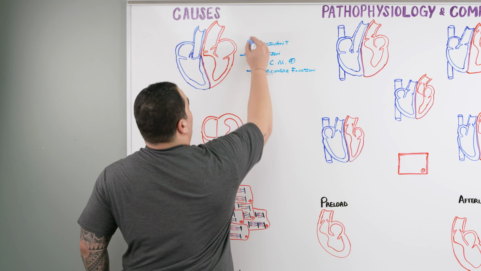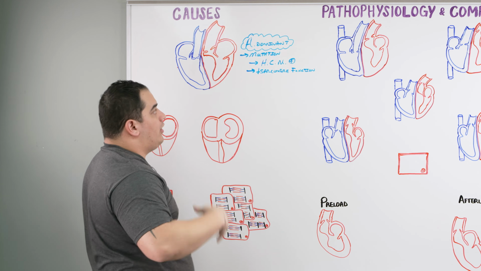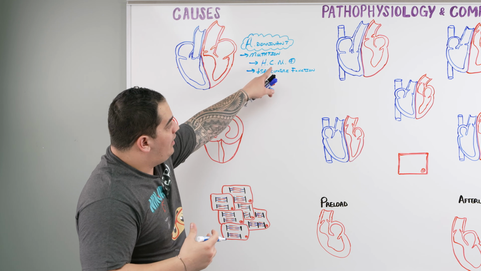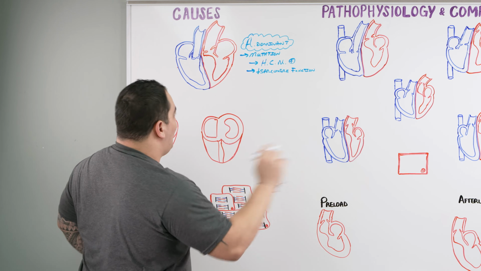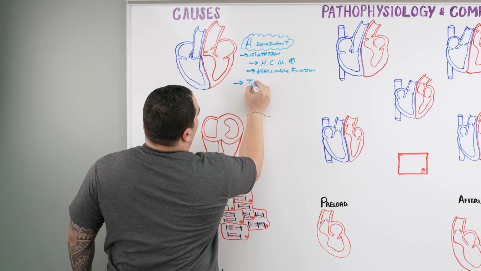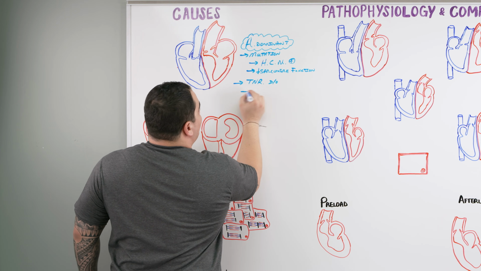So an autosomal dominant type of disorder that can develop usually either sporadically or it could be some type of familial process where there's a mutation in the gene that makes that protein that reduces sarcomere function. The other one, this one's interesting. This is actually what's called a trinucleotide repeat disorder. And this disease is called